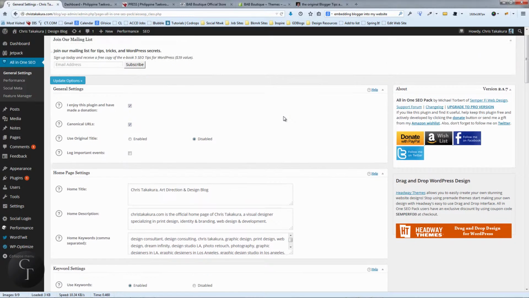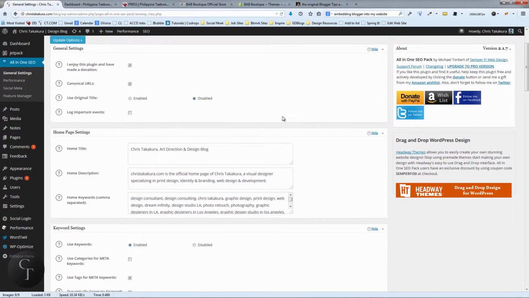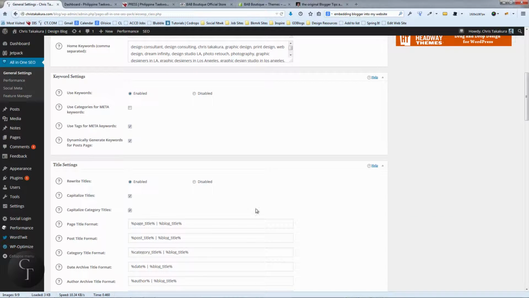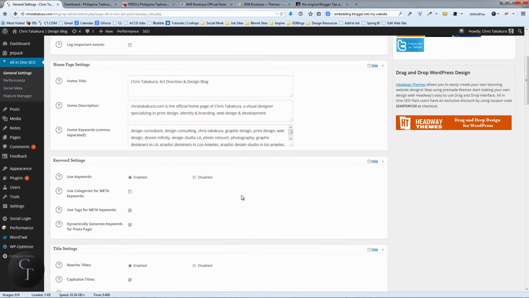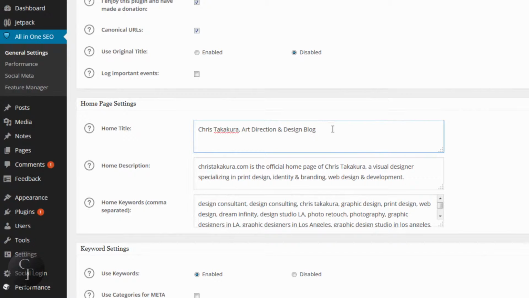Now, if you're not sure what you're doing, I strongly suggest you don't touch anything. But if you do know, then by all means you can mess with all the settings available to you. But I'm just going to go over 3 basic settings that you can change on your own and won't really break your website or break search engine results. So the first is the home page settings, which basically tells search engines running on WordPress